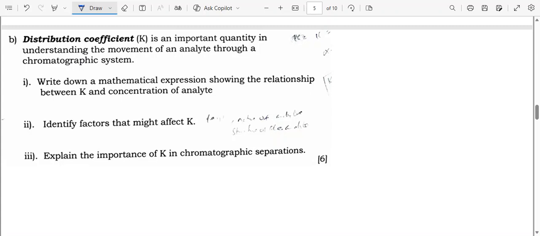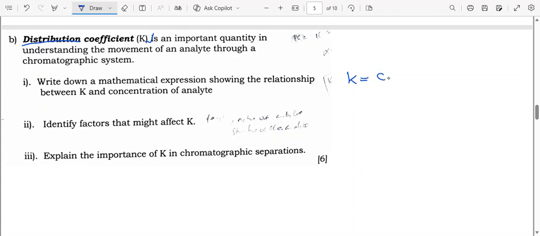All right, so let's talk about it now. I need to be very fast. So the distribution coefficient K is an important quantity in understanding the movement of an analyte through the chromatograph. Write down a mathematical expression showing the relationship between K and the concentration. This is where we get the equilibrium concentration. So we need the concentration in the stationary phase over the mobile phase. So K is given as